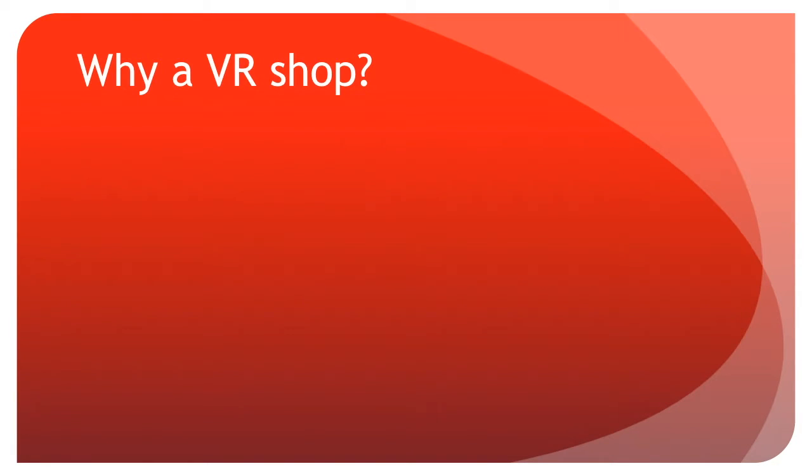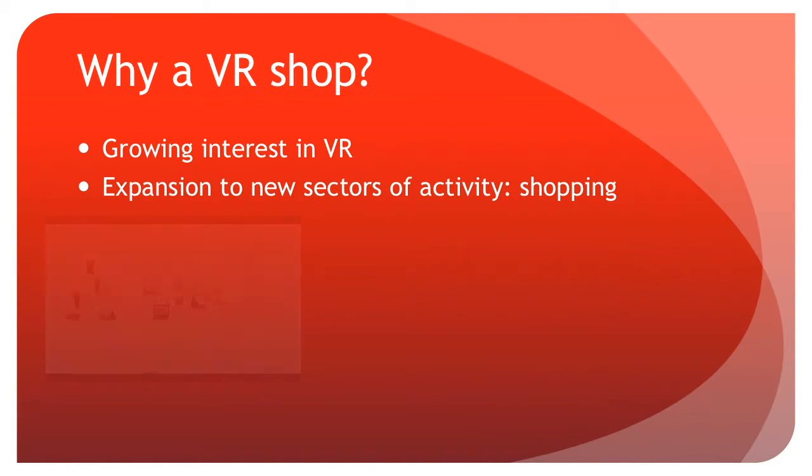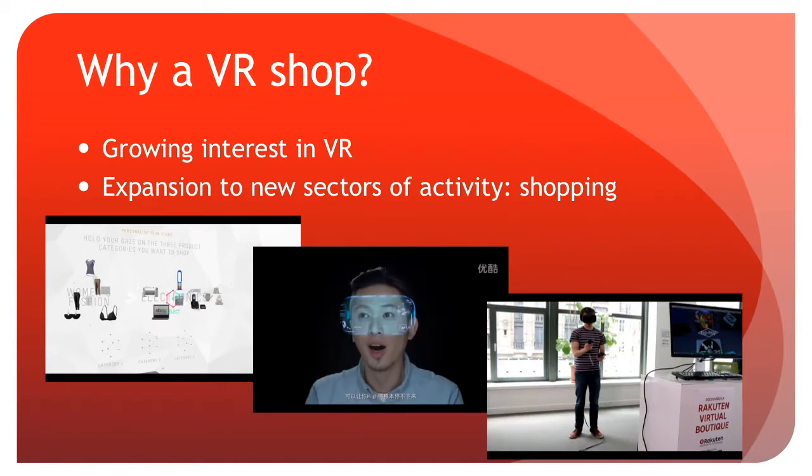Virtual reality as a field has gained quite a bit of traction in the past few years, and many actors in the field of online shopping, such as eBay, PriceMinister, and Alibaba, are now trying to expand to the VR space. An effective VR shopping mall could indeed combine the best of both online and physical shopping to create an immersive and entertaining experience, all the while allowing the shopper to efficiently find and buy the desired